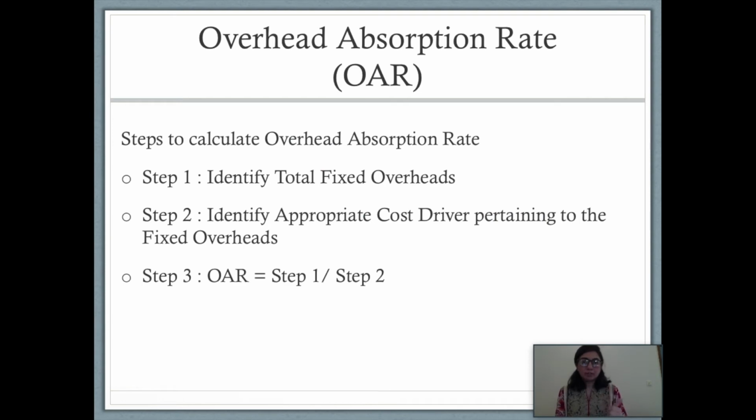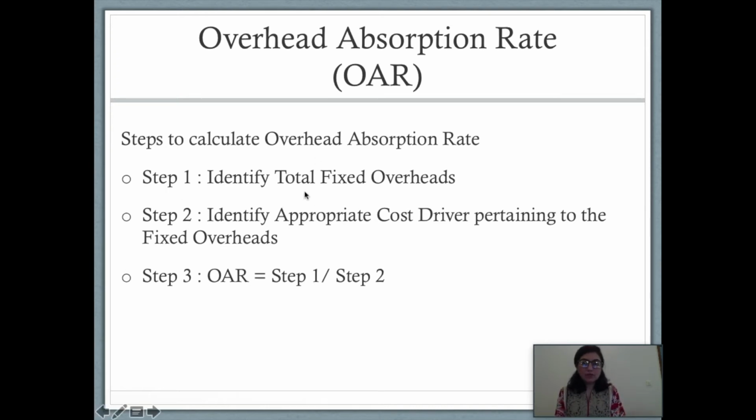The first step is to identify the total fixed cost. Now it looks pretty easy, but trust me, it isn't, because until and unless you're clear with the cost matrix concept, the examiner is going to confuse you by giving costs that will confuse you in understanding whether it was indirect or direct, whether it was variable indirect or fixed indirect.